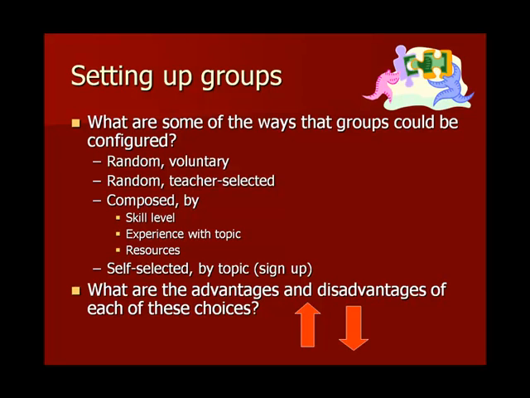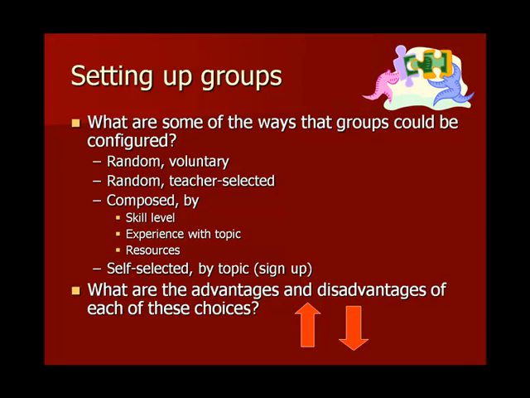The third possibility is something that I've been using more recently. I find that it gets around a lot of the problems with some of the other ways of doing it. I put the topics up, tell the students ahead of time what the topics for group projects are going to be, tell them to think about which one they'd like to do, and then on sign-up day I just have flip chart paper around the room with the topics on it and numbers for the number of students who are allowed into each group. Let's say you're going to have groups of 5, you'd have 1, 2, 3, 4, 5. And on a signal, they go and sign up